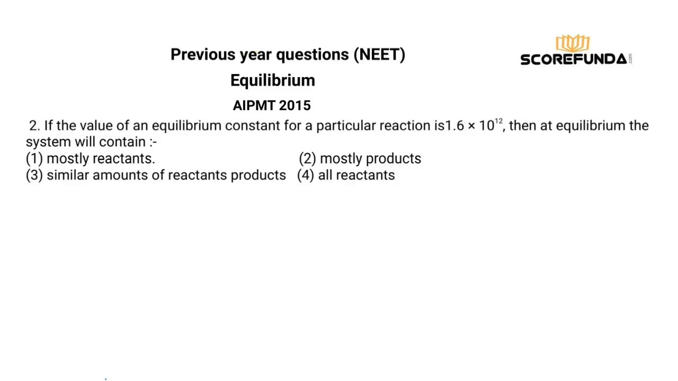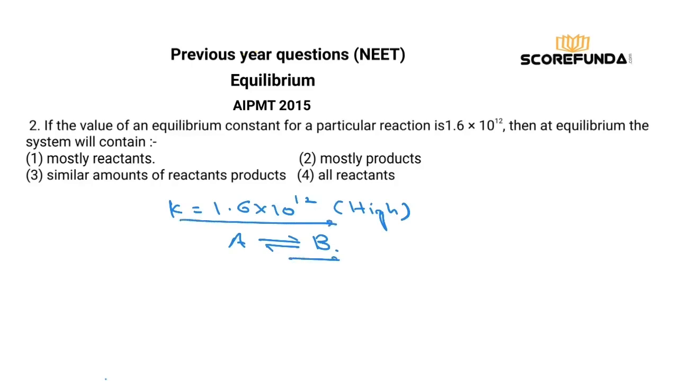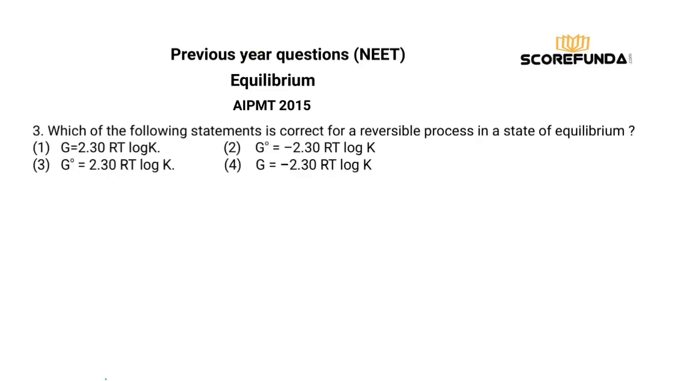Now here the equilibrium constant is given, let's say K is equal to 1.6 into 10 to the power 12, which is very high. So for any reaction, say A gives B, if K is too high, then the reaction will be more towards completion. That means it will mostly contain the products, and therefore our answer should be option 2, mostly the products. The third question in AIPMT 2015 was: which of the following statements is correct for a reversible process